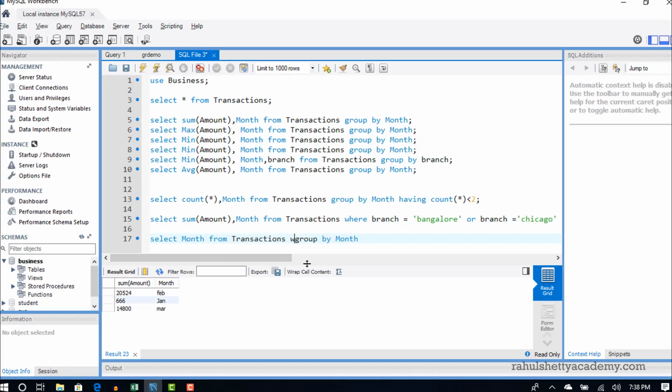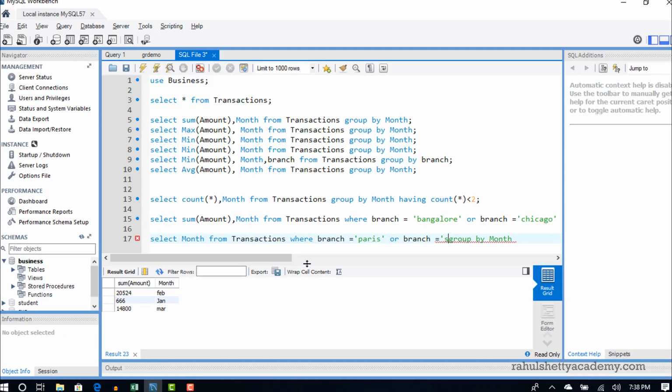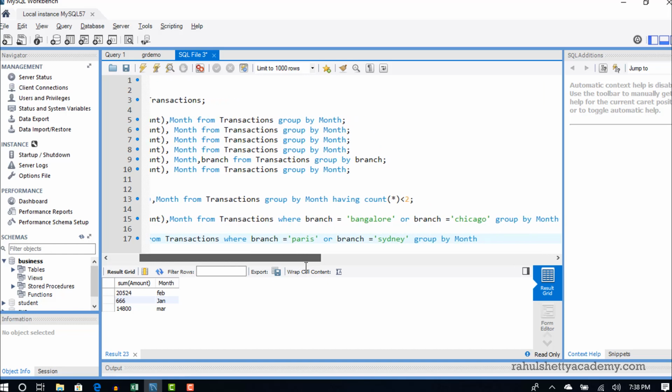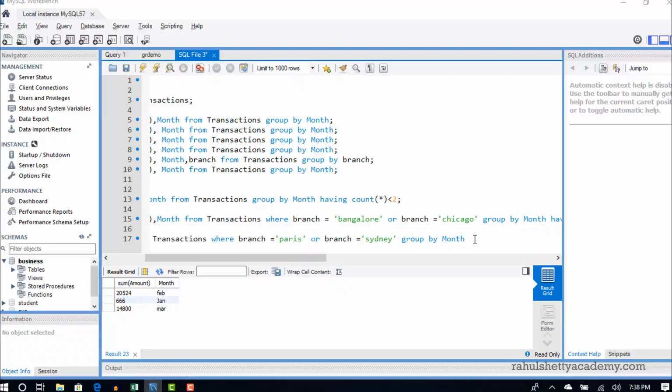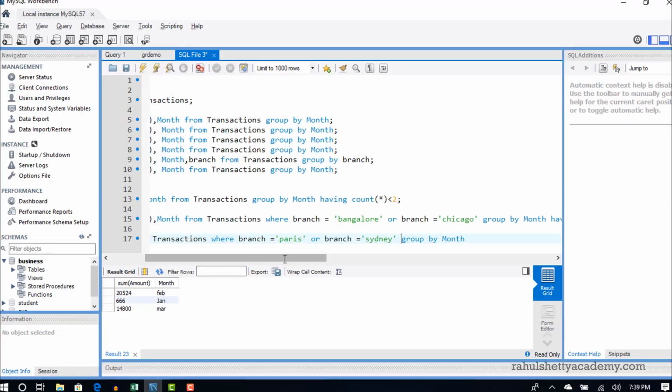So where branch equals Paris or branch equals Sydney. Okay, and then you group by month. So monthly groups are created with only these 2 branches.